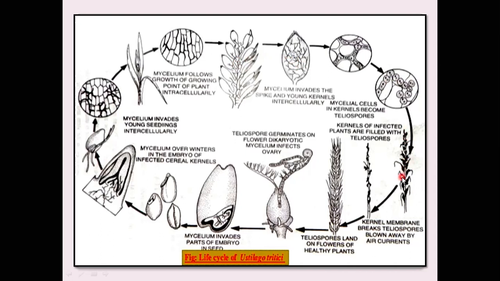Means this earhead totally converts into smut sori having blackish or brownish spores. This blackish or brownish mass is blown away with the help of the wind, so just the rachis portion, or only the earhead, remains without the formation of grains. Infected plant parts or earhead debris in the soil, or this spore mass, just fall in